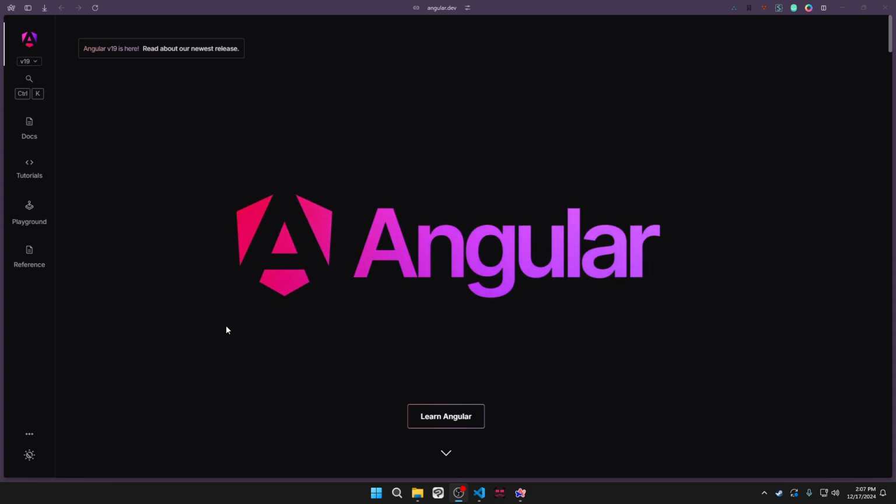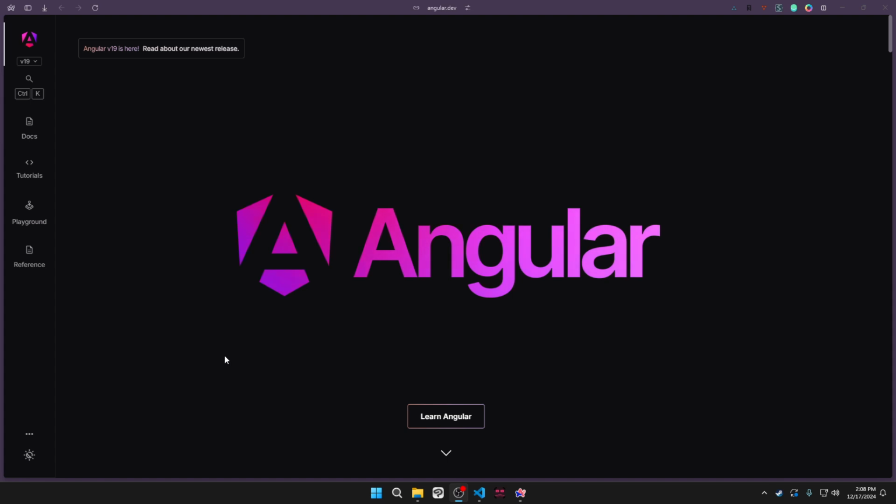Angular. Every once in a while, I see posts on social media asking about how to start with Angular. Now, there is the angular.dev website, and there's a nice playground. Every major framework out there has a playground or tutorial section, and they're a great place to start learning. But